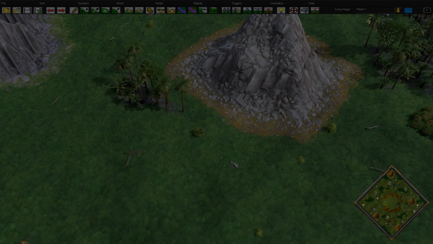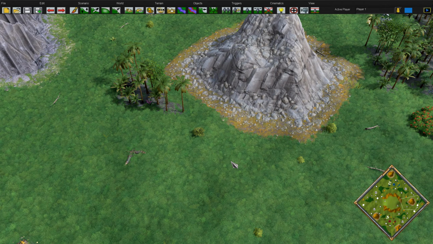You can see that the tundra cliff doesn't look bad in this situation, but since it's the tundra cliff, it comes paired with tundra grass around it. And previously I thought there was no way to turn it off, so it would influence what design choices I made on certain maps to make sure the edges would match the rest of the terrain. But now that I'm able to turn it off, I can freely use whatever cliff type I want, such as this one, on any terrain I want.